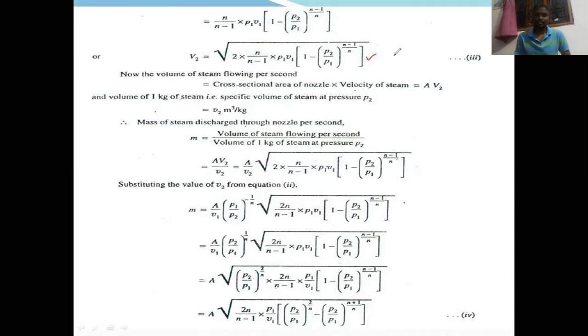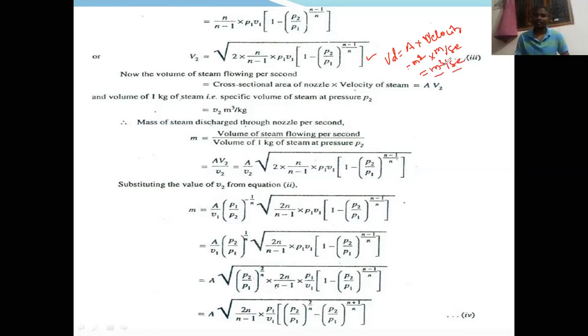Now here we know the general equation of volume discharge. For example, if you want to write the volume discharge, that is nothing but VD. It will be what? Area into velocity. Here area will be meters square and velocity will be meters per second. So finally it will come as meter cube per second. Meter cube is nothing but volume, per second is flow rate. So it is a volume flow rate.